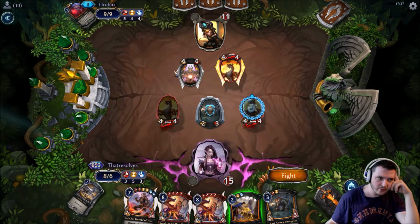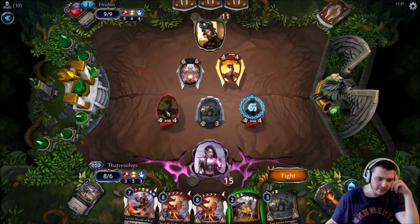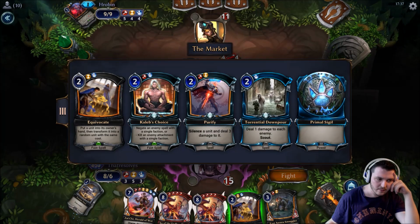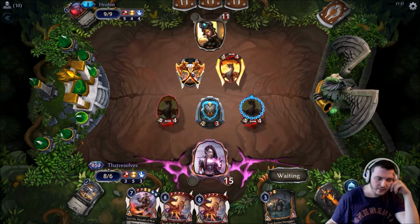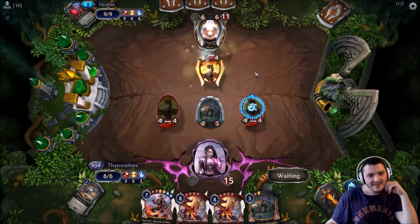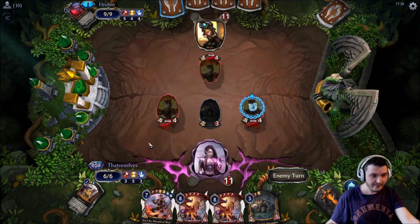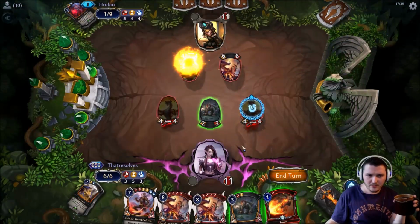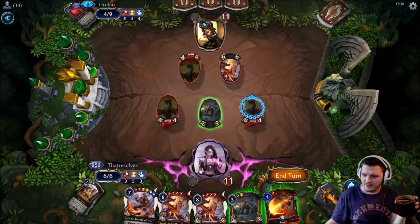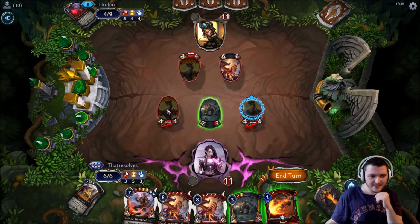And which one do we equivocate here? Guess we just go for the big one. It's more expensive. We can only get in for 6 on the way back. Just get this one. Hope our opponent gets something that just stinks. Yeah, that's odd why it wouldn't ready. Oh, I don't think that's going to cost us the game. Very well could. Yeah, it's just not readying anymore. Well, that'll be a bug report because it's...